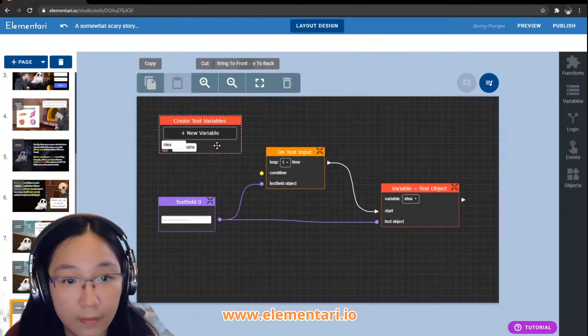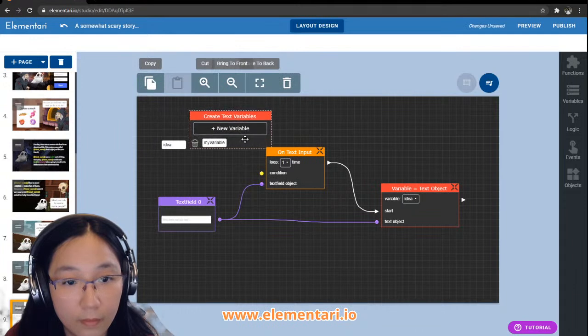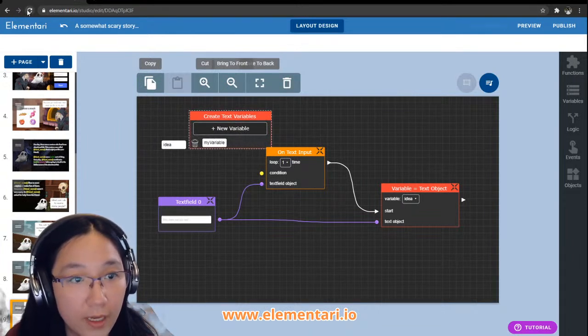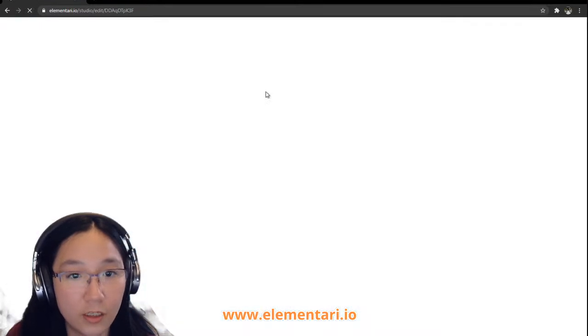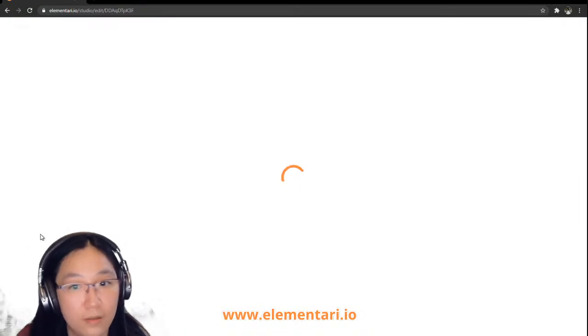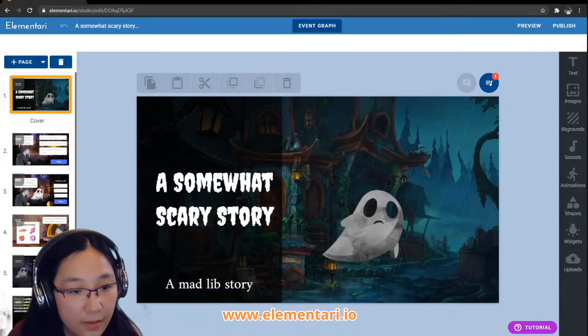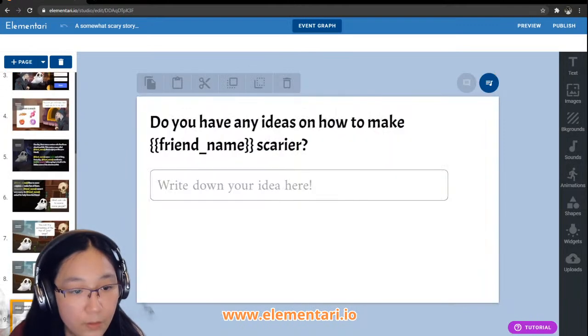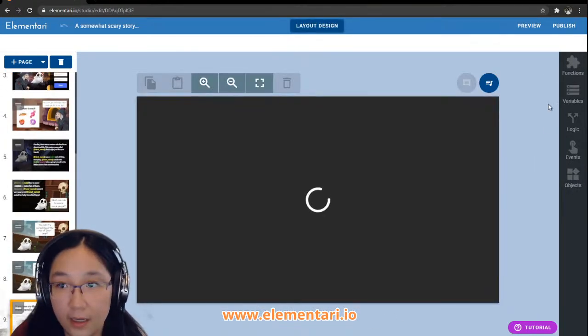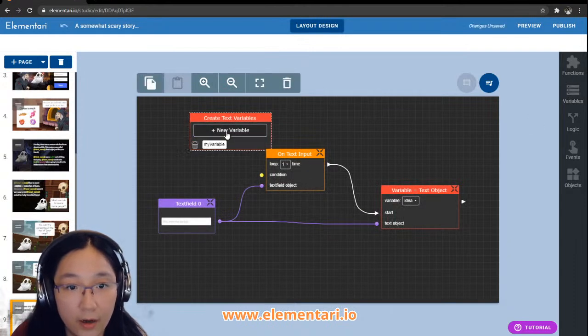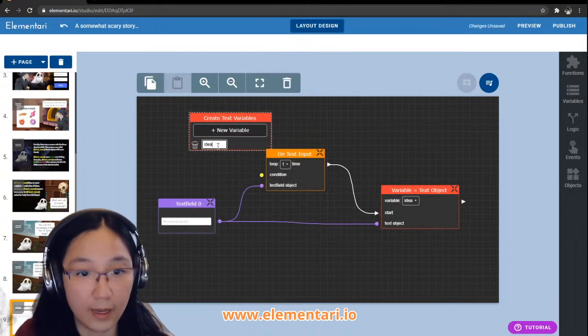Why is this strange? Hold on, let me refresh the page. I think something weird happened on this page. Let me refresh. Okay, so we're going to go to our last page here, and here we want to get our text variable idea.